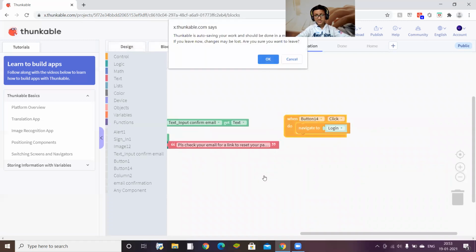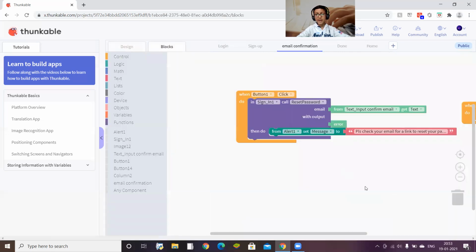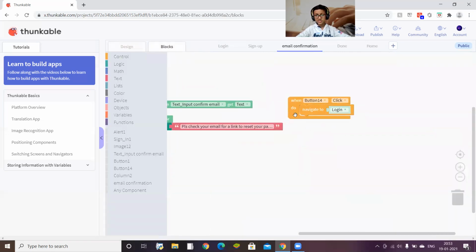And if the back button is clicked, if the user doesn't want to go here and wants to go back a step, we will do this. When button 14 is clicked, navigate to login.